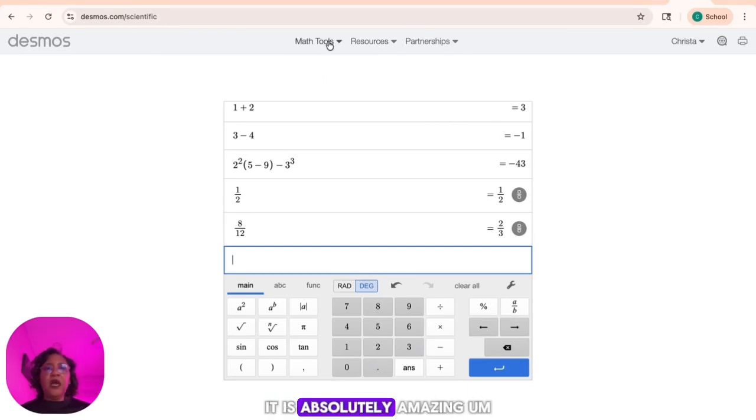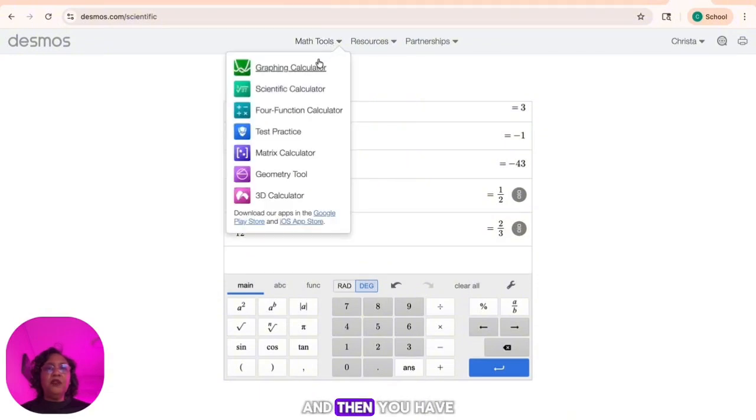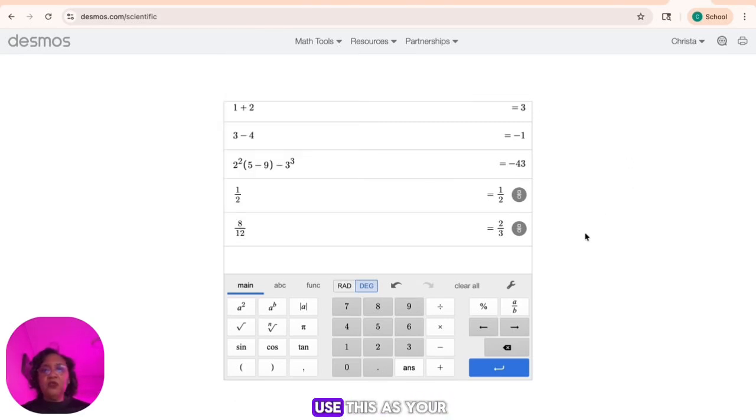It is absolutely amazing. And then you have a choice of other types of calculators. So I'll do another one about the graphing calculator, but for now, just use this as your calculator and yeah,